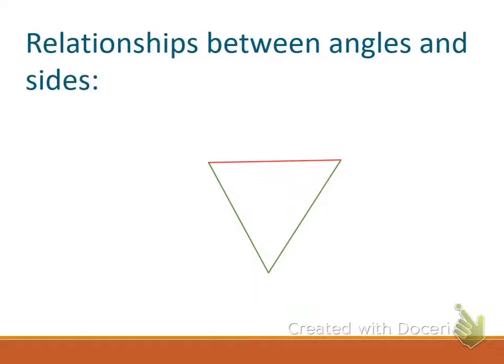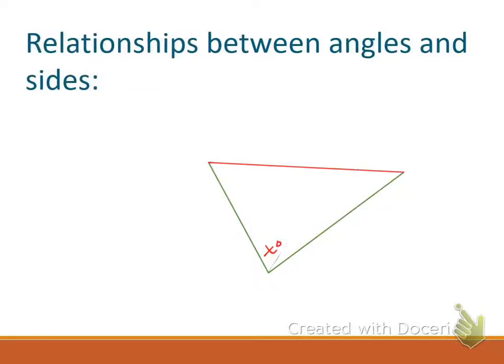If I wanted to make this angle, angle X, if I wanted to make that measure bigger, then I would do something like this, right? So now that angle is bigger. What has to happen to that red side in order to make a triangle, right? Well, obviously, that red side is going to have to get longer,